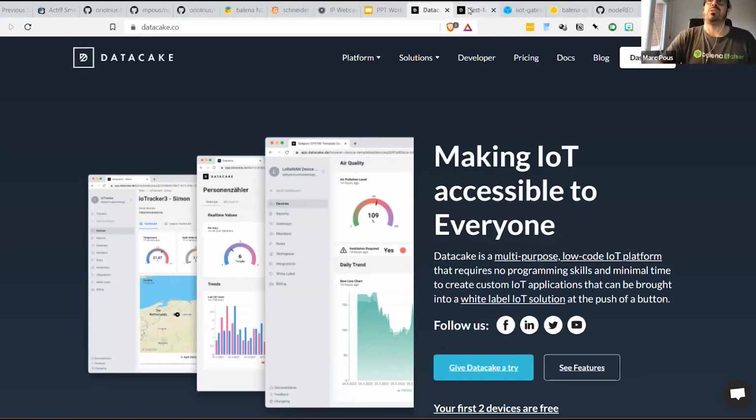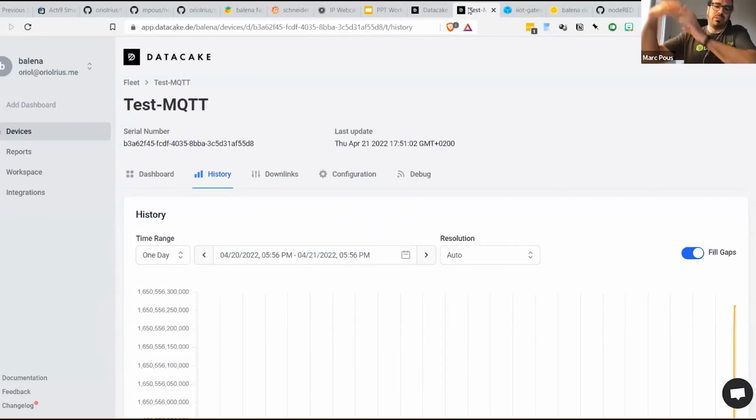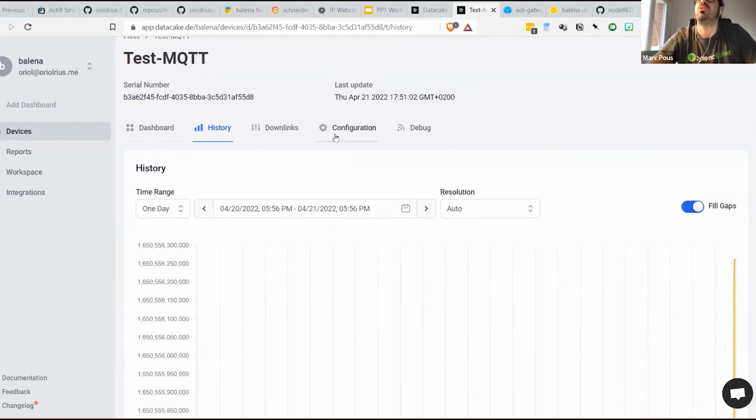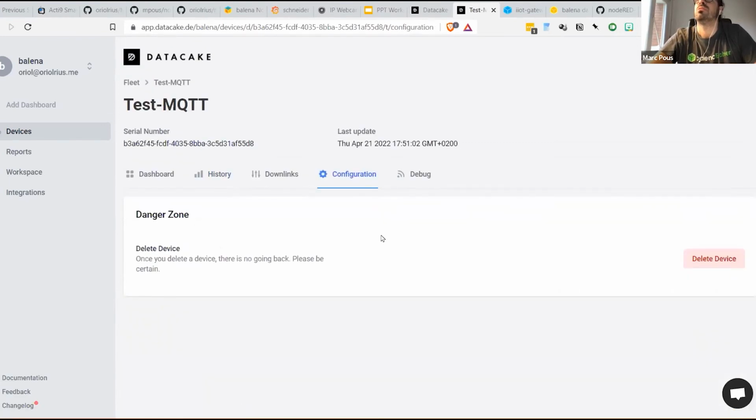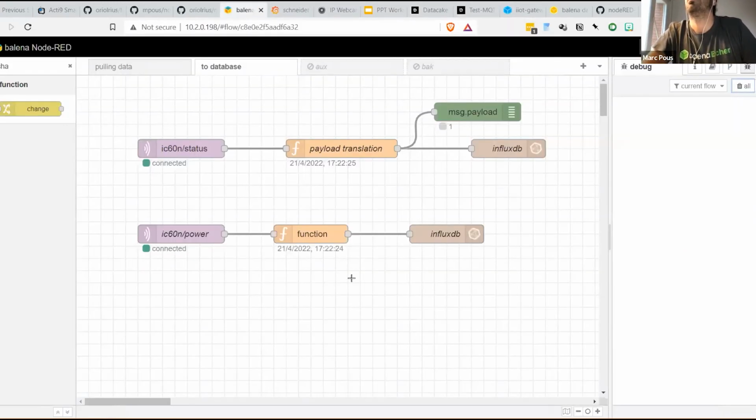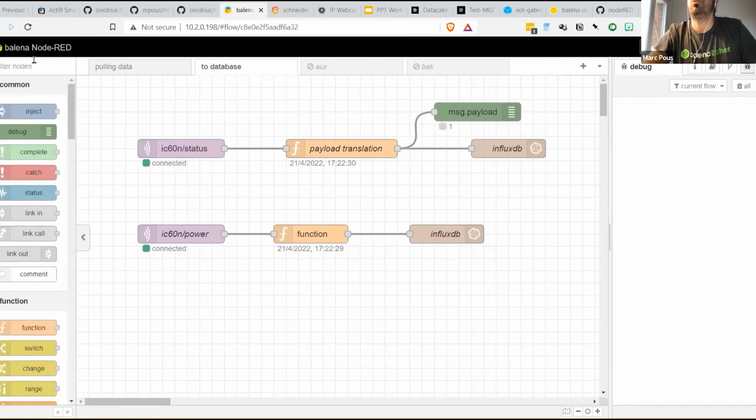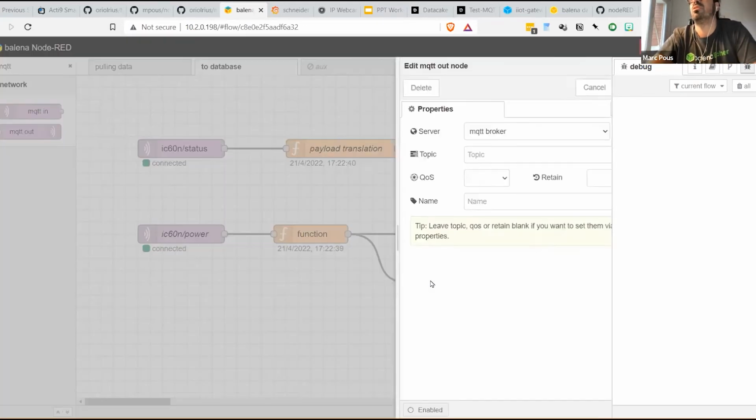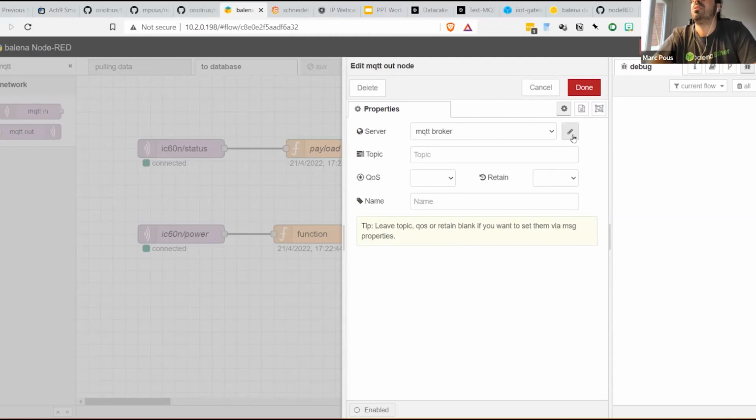The idea here is that our single source of truth is in a cloud, in a third-party cloud like Datacake, for example. And I just created a fleet called test MQTT. I created this dashboard, and basically what we need to do, if we go to configuration, maybe you don't have rights, but I can see up here. Basically what we need to do is connect MQTT out to this. So this is going to be compatible with any connections that you want to make outside of the system to another cloud. So the idea is that we need to add a new